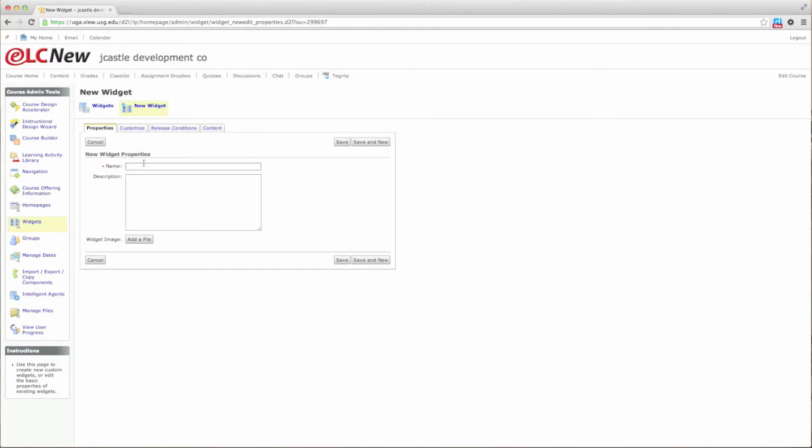Under Properties, I can give my widget a name. In this custom widget I'm just going to put a couple of web links that might be useful for students in my class. These custom widgets are really for content that's very specific to your class or things that you think might help students in a particular course. We're going to call it Links for My Class. I'm going to click Save,